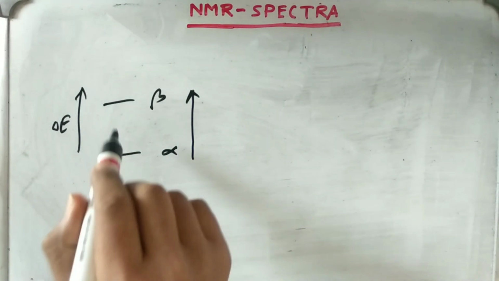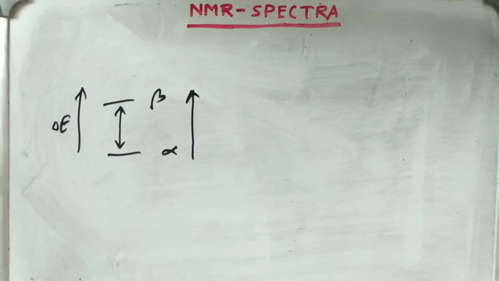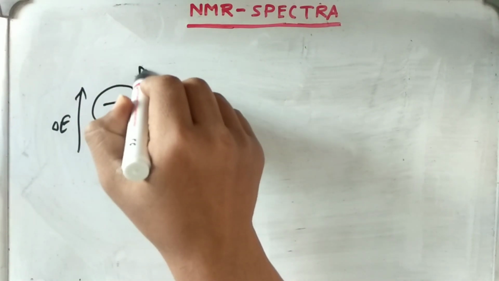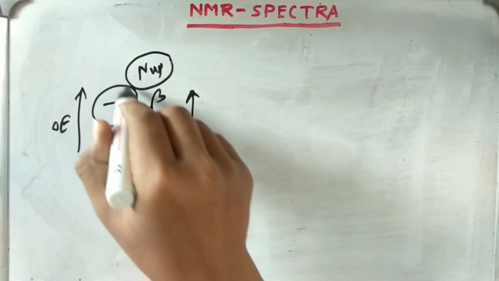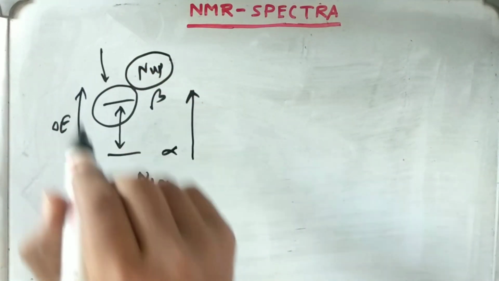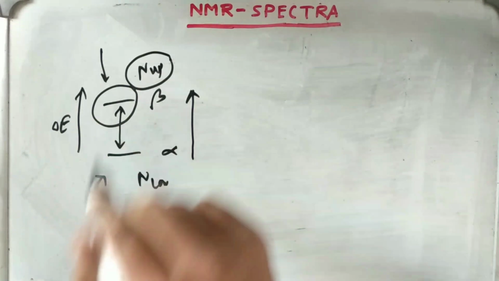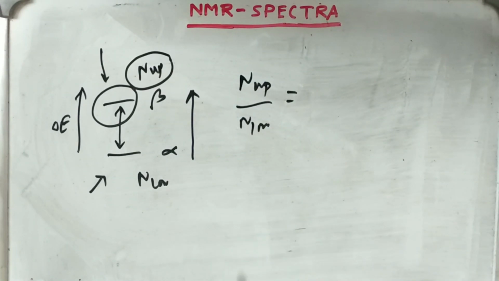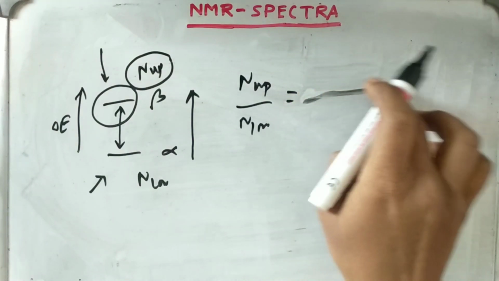Since the energy gap is very small, this kind of spin state flipping is possible. Here N upper is the upper state and this is the lower. N upper spin states are present here, and N lower spin states are possible here. So what will be the required formula to get this? N upper by N lower. It will actually be the statistical mechanics formula, which will give us that this value will be equal to